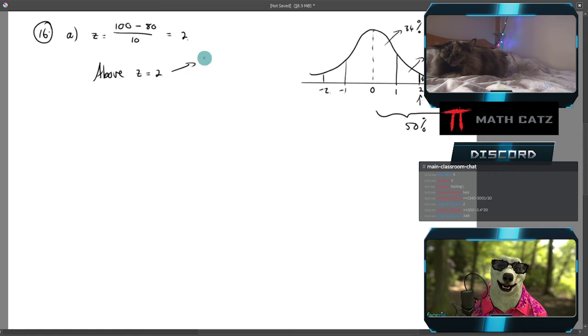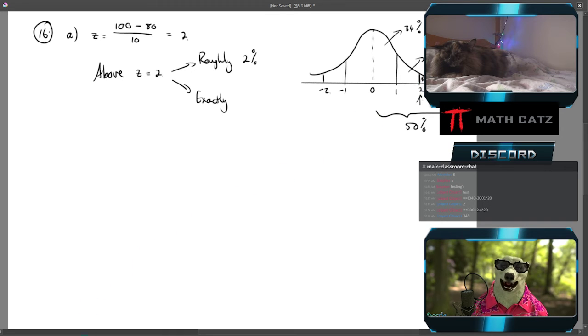So if I want to do my rough approximation, which the question asks, it'll be roughly 2% sit above this score. But if I wanted to, just for practice's sake, use my tables to find exactly what percentage sit above